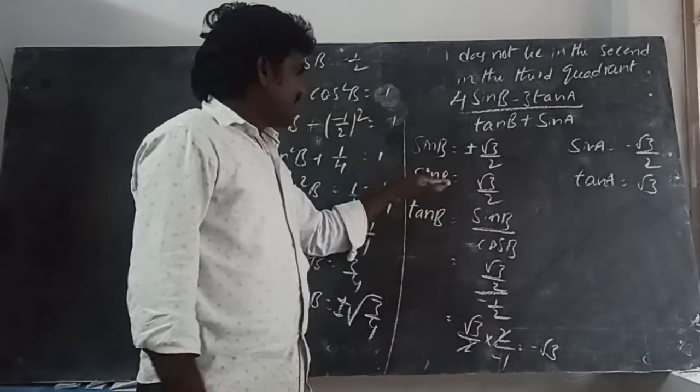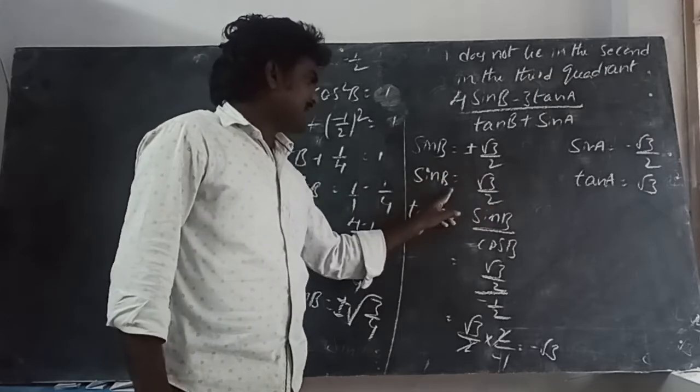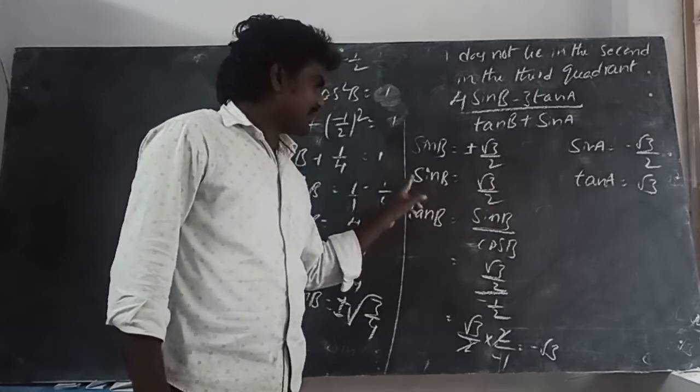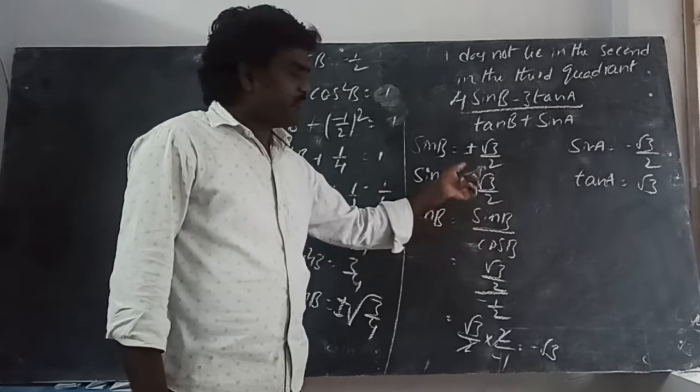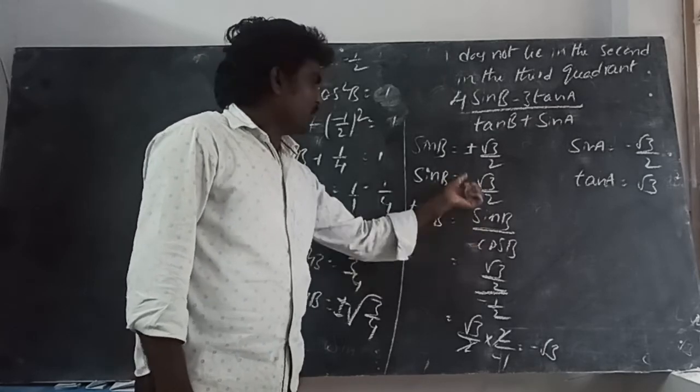Sin B is equal to root 3 by 2. B is in the second quadrant. Then the sine ratio is positive. Third quadrant means it is negative. So here